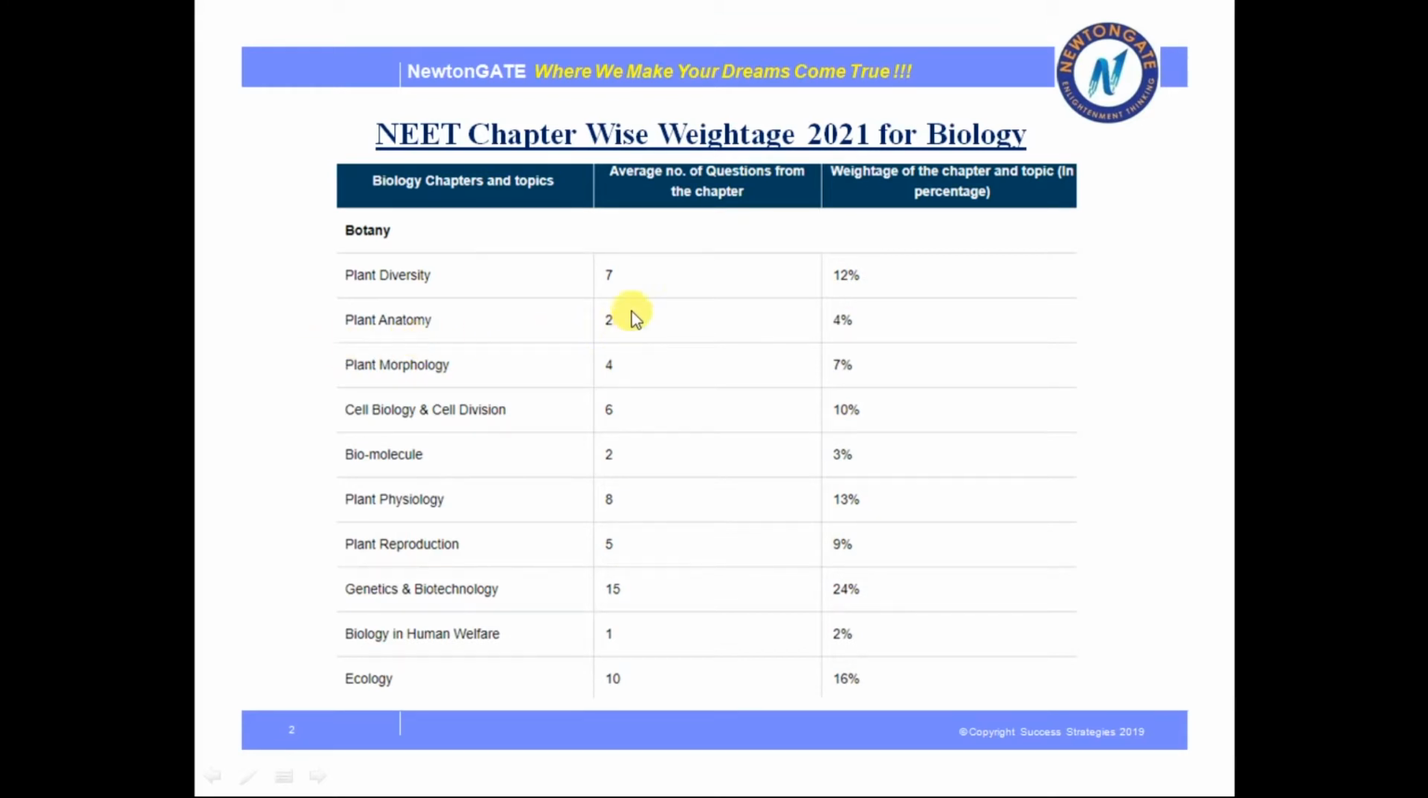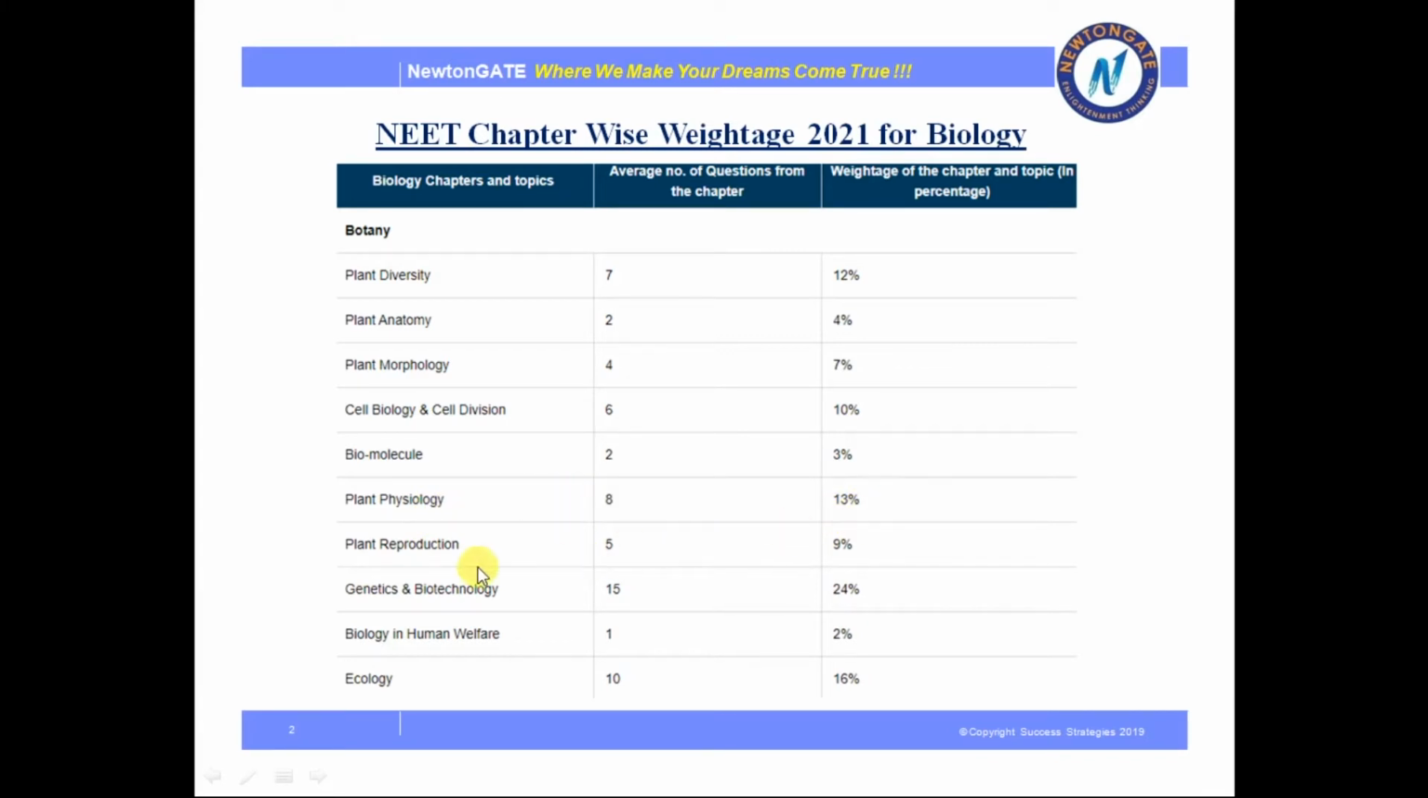Plant anatomy: number of questions asked 2, weightage 4%. Plant morphology: number of questions asked 4, weightage 7%. Cell biology and cell division: number of questions asked 6, weightage 10%. Biomolecules: number of questions asked 2, weightage 3%. Plant physiology: number of questions asked 8,